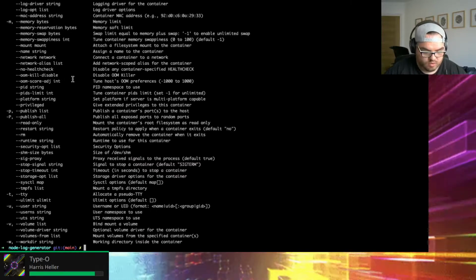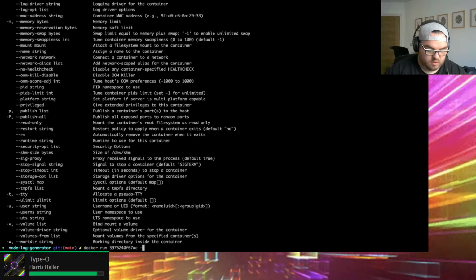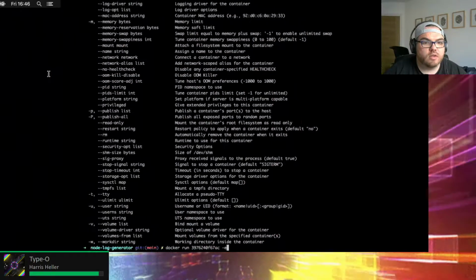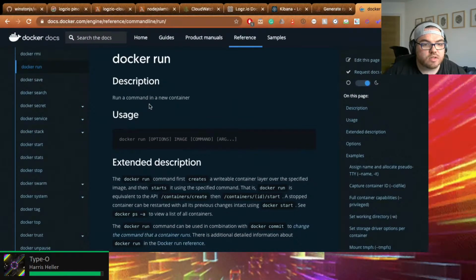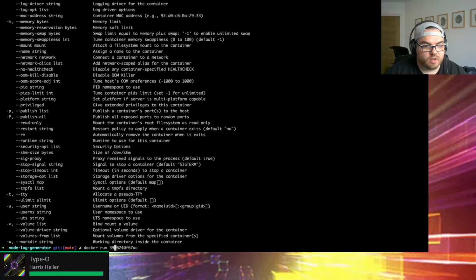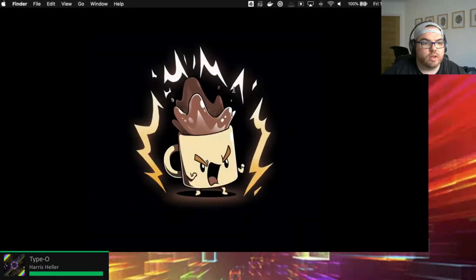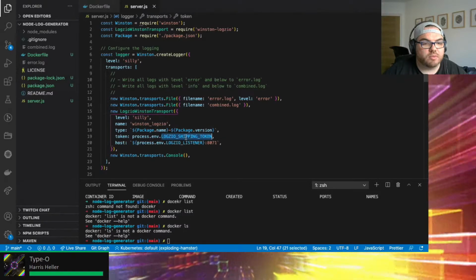Okay, so let's do Docker. Bam. Actually, the Docker run command, is it flags first? It's flags first. So, option. What do we call it in the code? Oh, okay. Simplify my life.